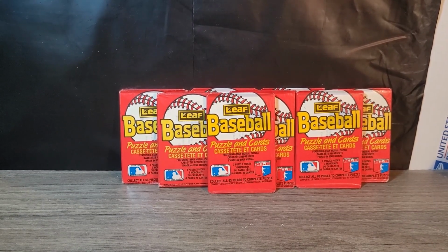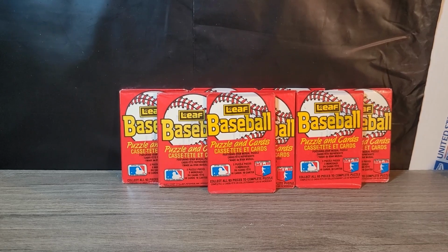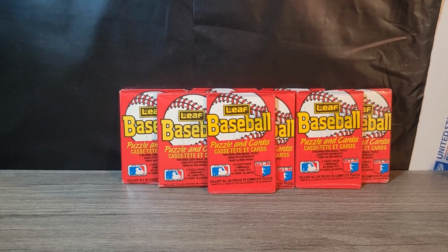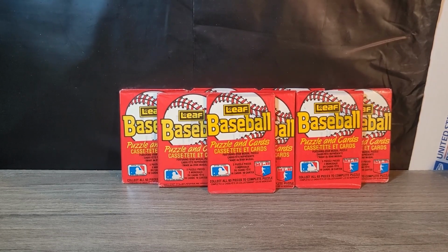Now, I bring that up because for the 1988 Donruss, the most expensive card, Dale Murphy, and that's the most expensive card ever sold from that set, is under $100. On the other hand, 1988 Leaf, these were a lot less common. For the most expensive card, there are less than 20 PSA 10s. Again, talking PSA. If you combine SGC and HGA and Beckett's and any other top grading companies there might be out there,